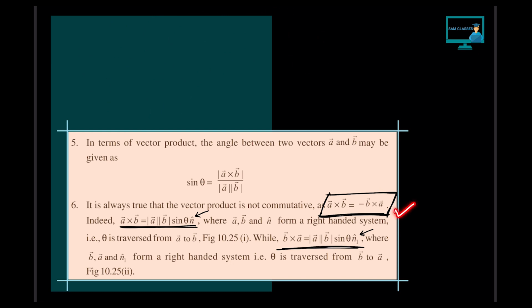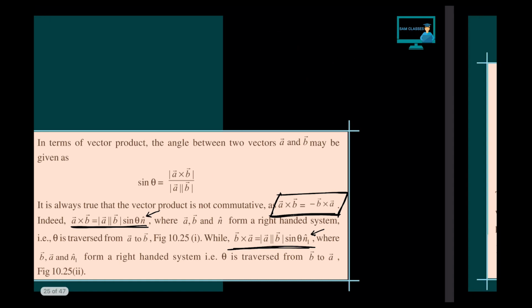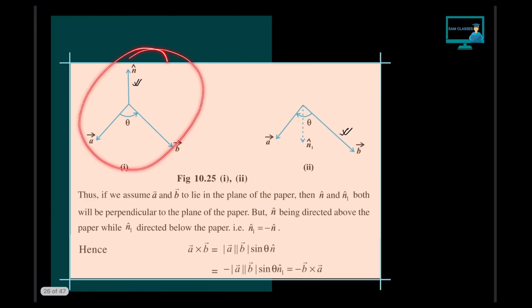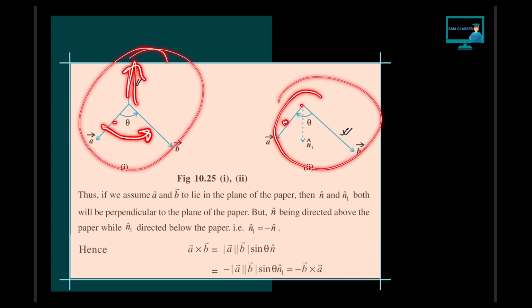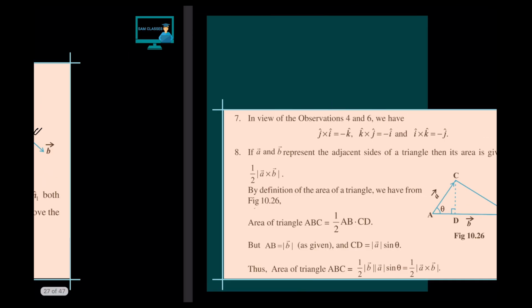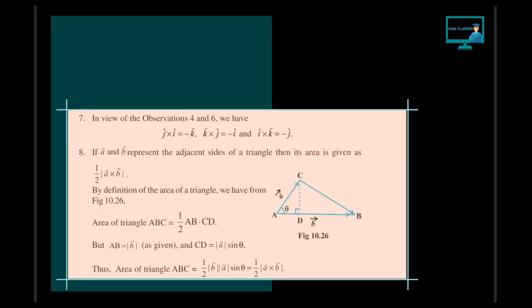Just now, same thing, a cross b is equal to minus of b cross a, so it is not commutative, student. Understand? So what is the change? If I do a vector cross b vector, this perpendicular direction changes. If it is going to the top for a cross b, and if I do b cross a, it will be going down. That is the change that happens. Same thing they have shown here, one for the top and one for the down. Now coming to the next part, I already told you i cross j is equal to k. So j cross i will be equal to minus of k. That's it.